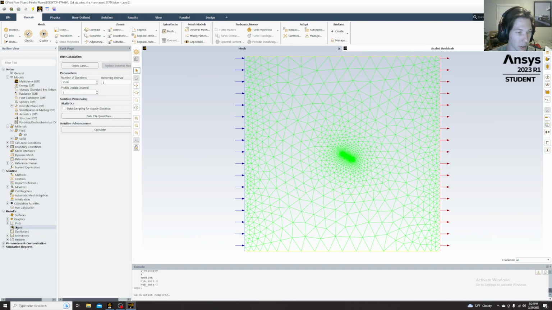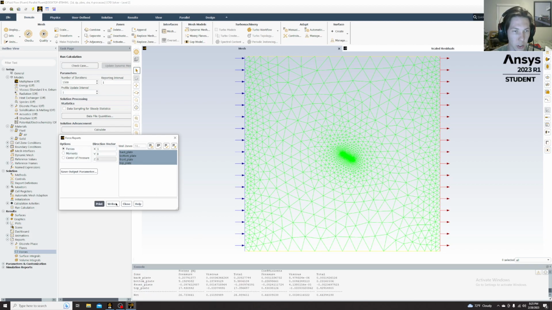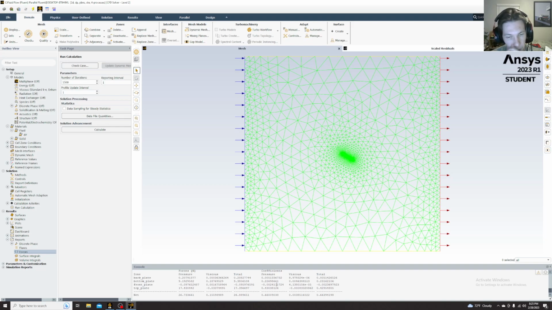Alright, so after this we can go to reports, do the drop down menu and click on forces. Now highlight all of these so that you can see the values at each portion of the respective plate. Again, that's the rectangle here. And we'll print that. Make sure it's on forces as well, because that's what we want to see. And what this does is it'll print in the console down below